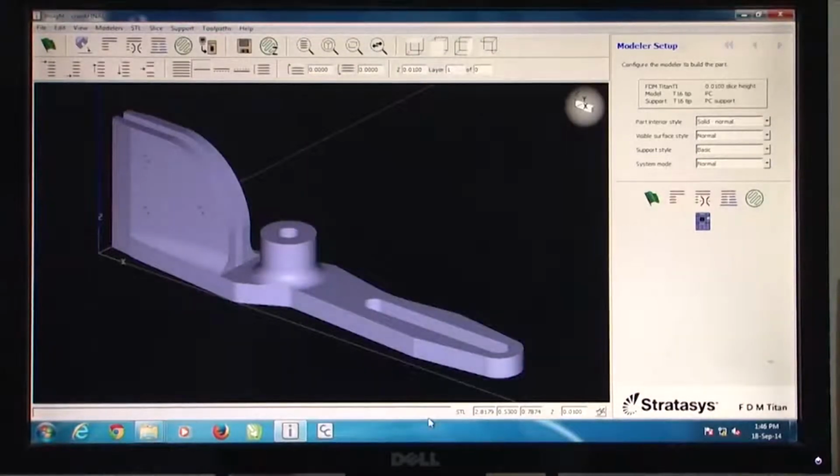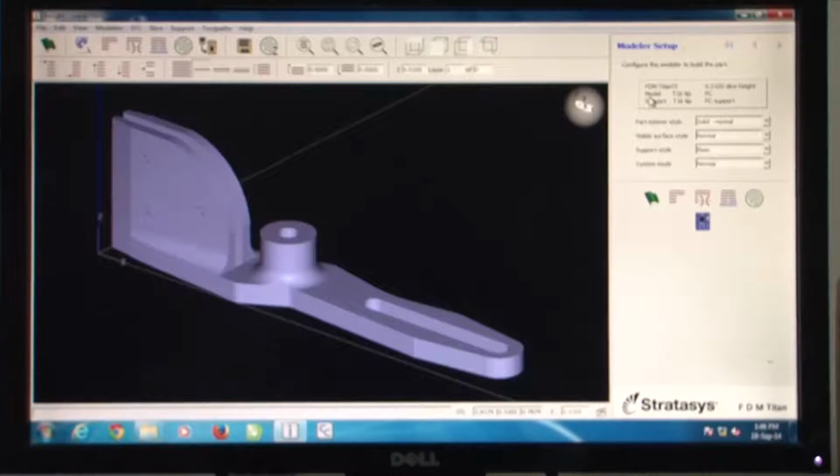So now you can see the text box which comes here on the top is mentioning FDM Titan T1, slice height of 0.01, model of T16 tip to be used, a polycarbonate part and a polycarbonate support. All these options have come here, which shows that the machine has now accepted the various different options associated with this system. Now the question of slicing comes into the picture,